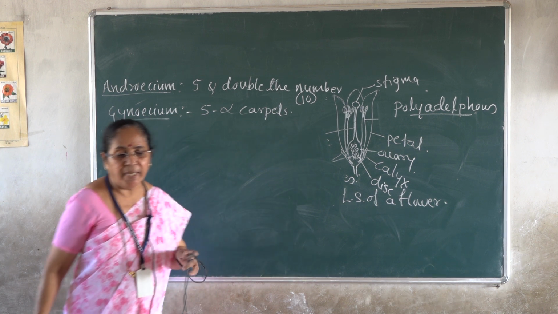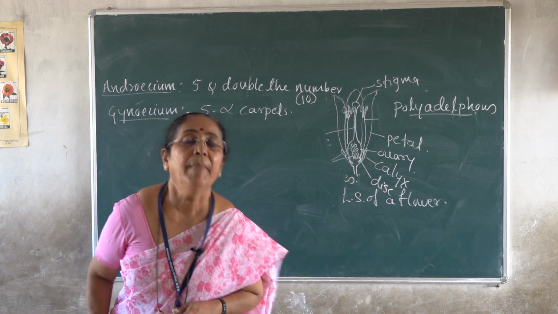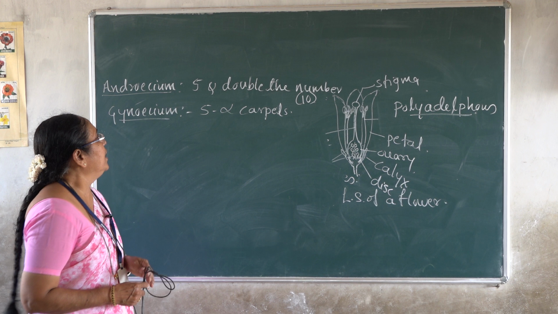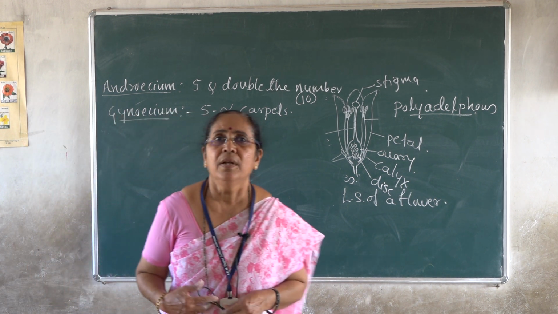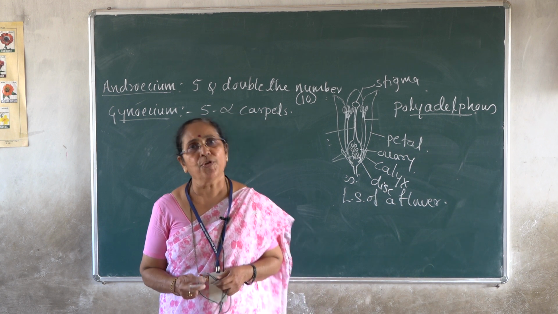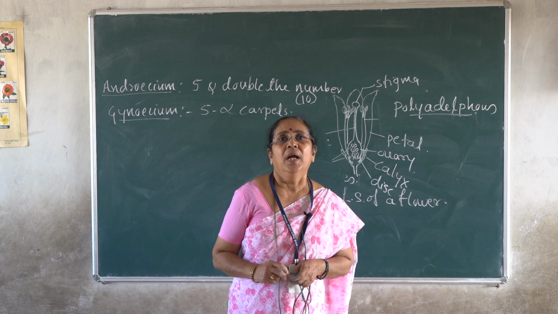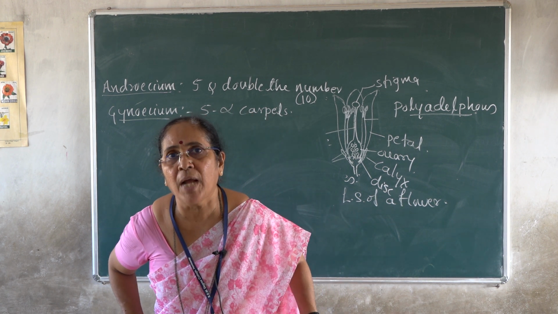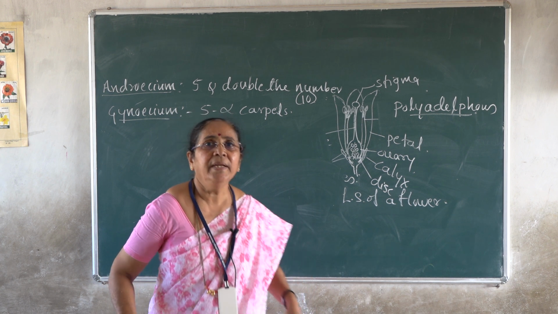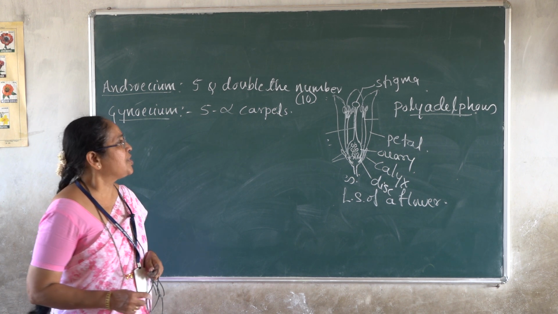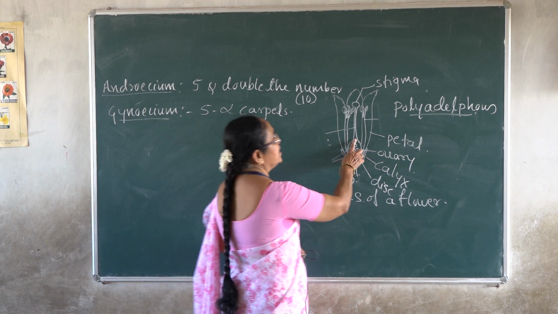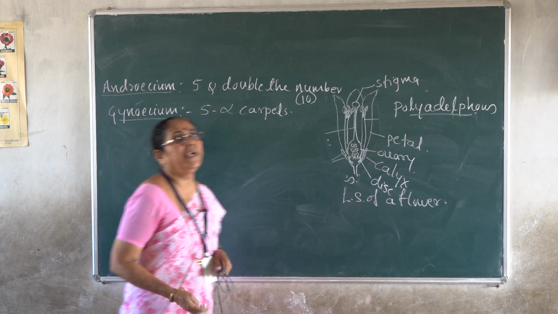Generally it is multicarpellary, many carpellary. So 5 to many number of carpels. It is multicarpellary in nature. Syncarpous, superior ovary placed on a separate cushion-like disc. Locule number equals the number of carpels. The ovules are many and the ovules are arranged on axile placentation. Style simple, this is the style, and stigma is capitate in nature.